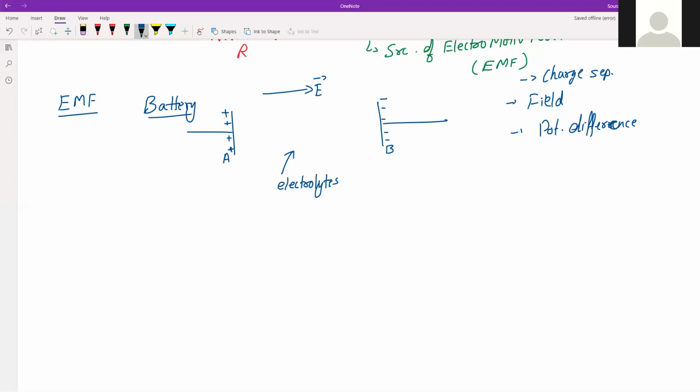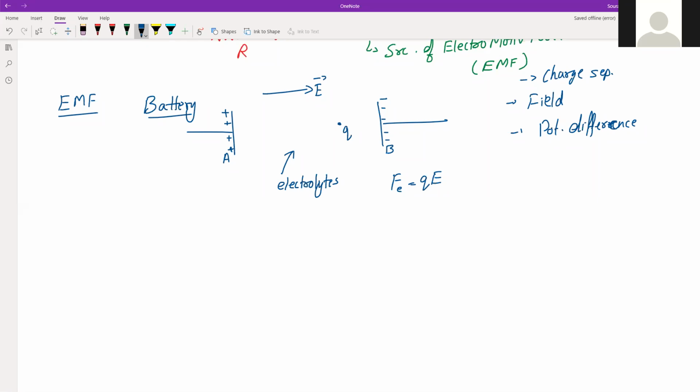The field exerts a force on every charge which is here. So suppose there is a charge here, say Q. Then Q will experience a force equal to QE, which is in the direction opposite to the electric field. Why? Because that charge is an electron. So the force will be exerted in the direction opposite to the electric field. In the steady state, the charges stop accumulating further and these forces balance each other.